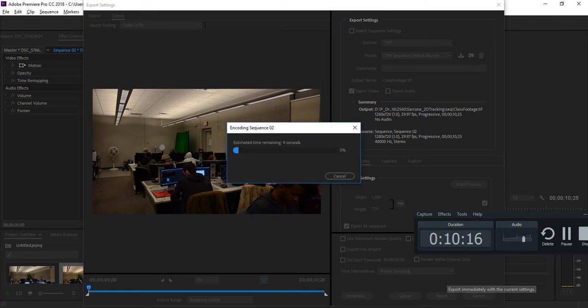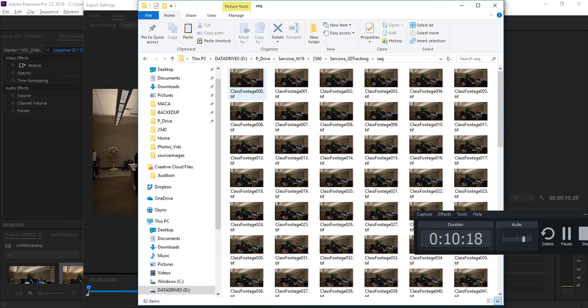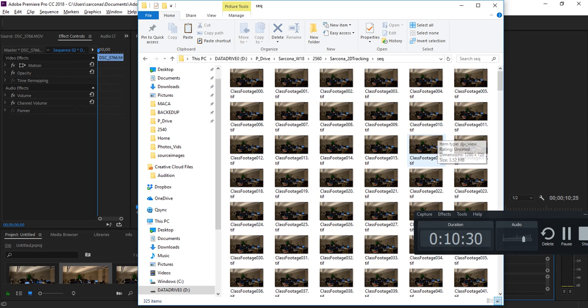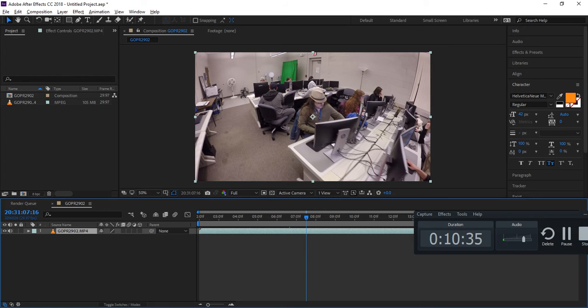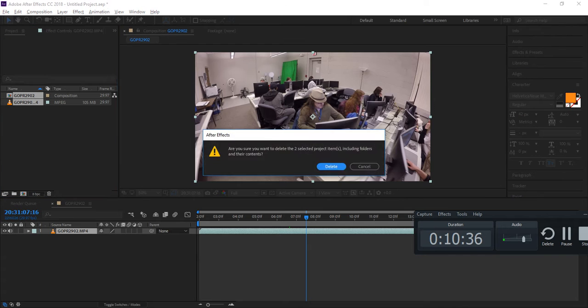And then export. Yep, and then it's automatically going to label them 0, 1, 2, 3, and so on. If you're in After Effects, you need to specify the pound signs, otherwise it doesn't know how to do that. So now that Premiere is done, in After Effects I'll show how we can go into here and do the same thing. So I'm going to delete all this,